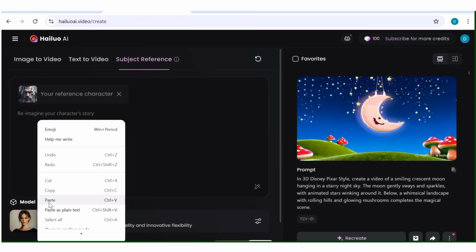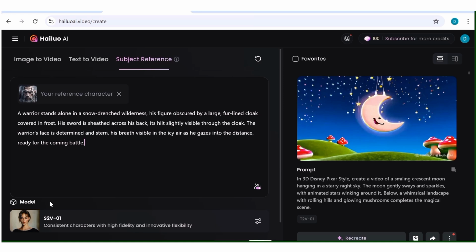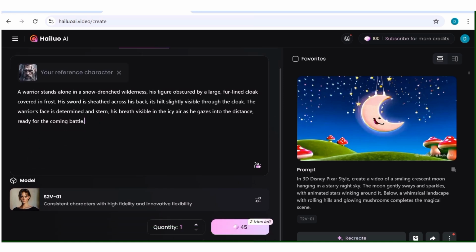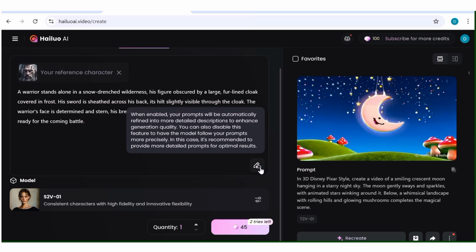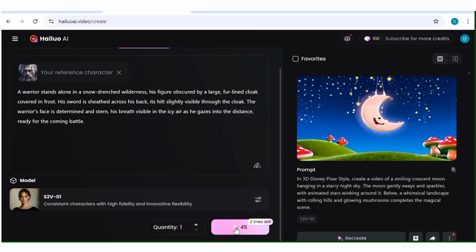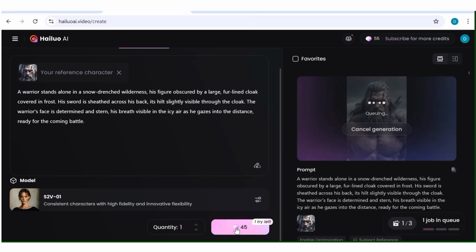Then now I'll paste it over here. And now all I need to do is just hit create. So first off, I'm going to switch off this button over here because I don't want it messing with my prompt. Then I'll hit create, and this now is just going to start generating my videos. So basically that's how you're going to get a consistency in your characters for all the parts that they're playing